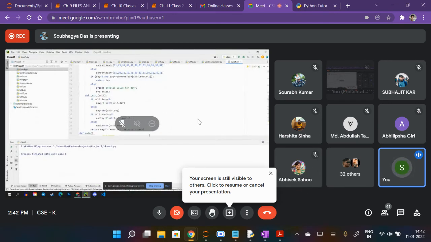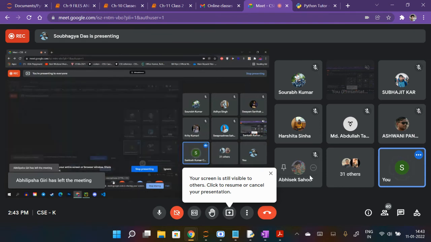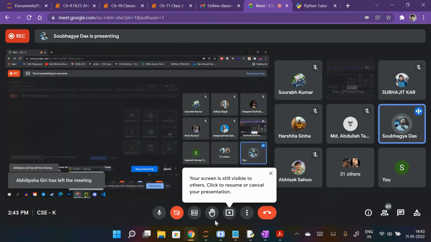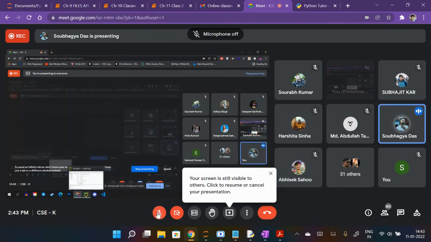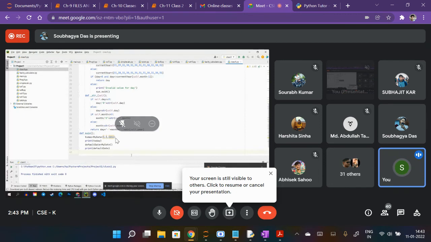Okay, so you are getting correct output? Run it. Sir, it is not giving any output, but it's running error free. Why not giving output? It should be like what I'm getting, 03-09-2014.